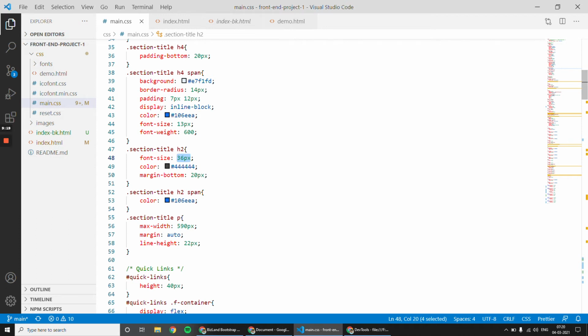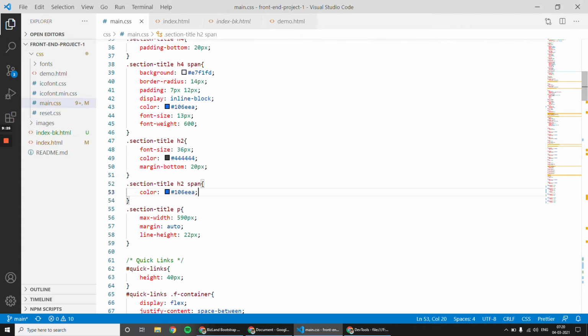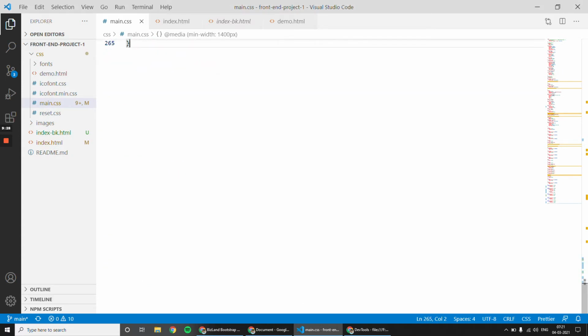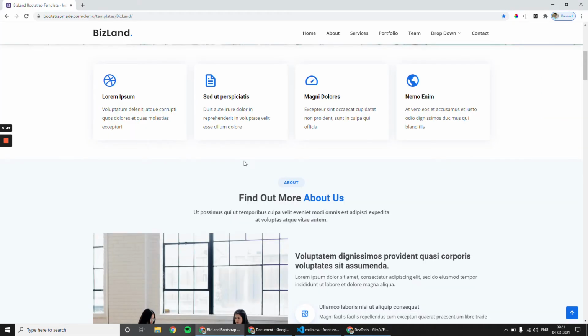Now I should not change anything here. My first target will be, let me go to my media query. The styles that have been applied are for 1400 and bigger values.